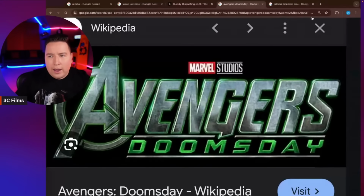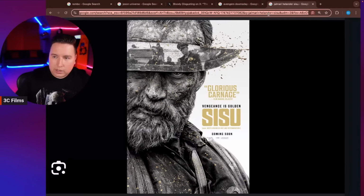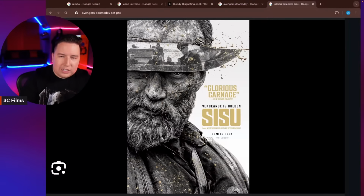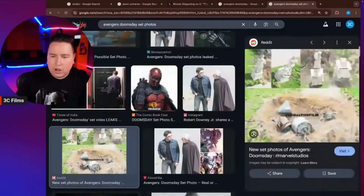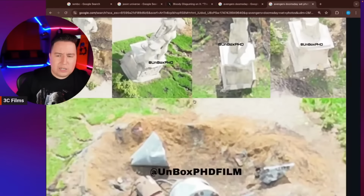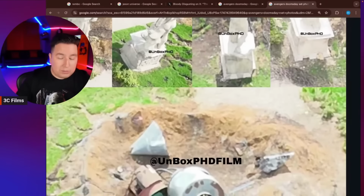And for a while, we were getting some Avengers Doomsday set photos. It seemed pretty likely it was the X Mansion. We couldn't be 100% sure, but it seemed like it. We're gonna get to those. Here we would get rubble and statues, probably the courtyard of the X Mansion, and there was going to be a scene where the